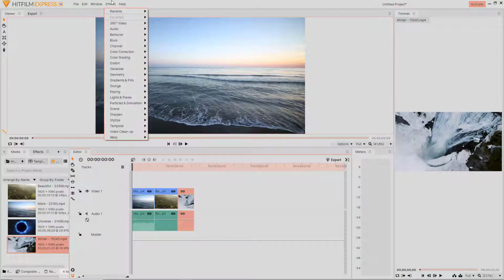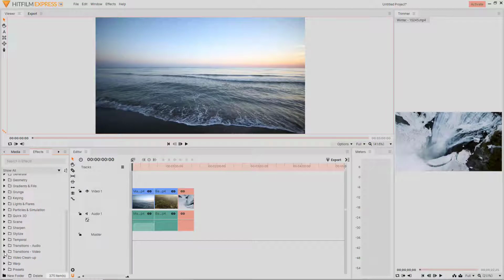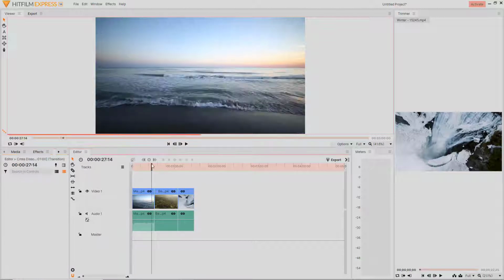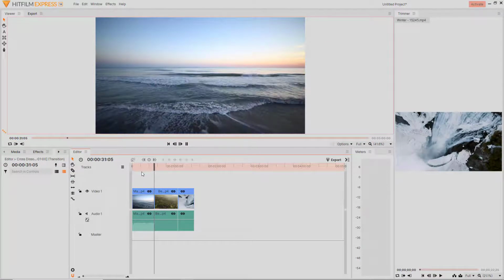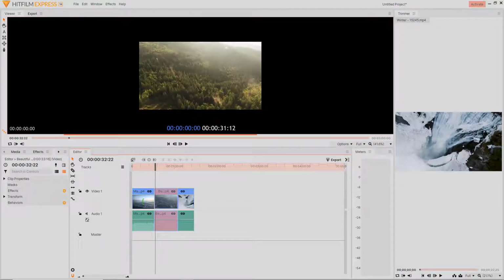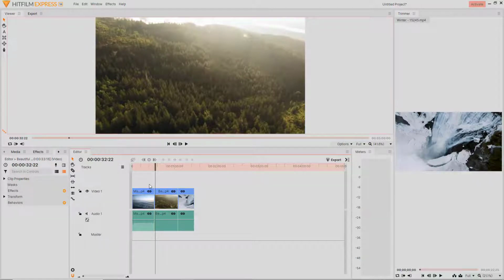While HitFilm Express has some similarities to other video editors in terms of controls, it feels very different and you will have to get used to a new way of doing things. This may be inconvenient if you've been working with other editors already. When I was trying to apply a transition, at first everything went well, but when I wanted to increase the duration of a dissolve transition I've just added, I was not able to find out how to do that. Other editors I've been working with would allow me to do that by simply dragging the edges of a transition